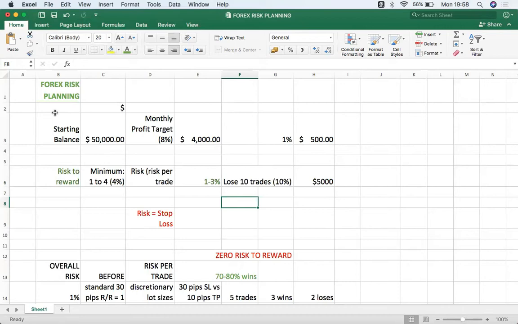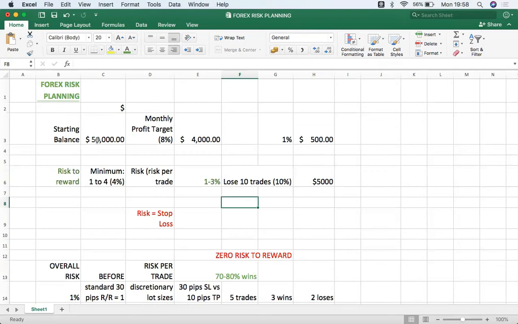Okay, now let me give an example. Okay, so let's say for starters, you start out with a trading account of $50,000. Now, guys, this is an amount that you can fix on your own. All of us start at different levels. When I started trading, I started with a $50 account. So I'm just using $50,000 because it's a figure that is in my head. And I'm actually working with that figure right now to give you this example.